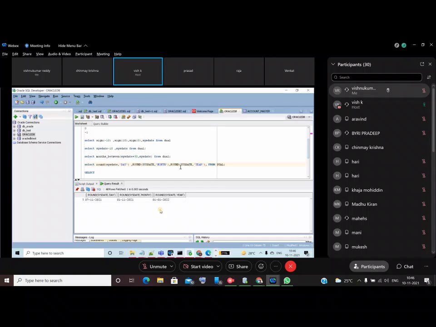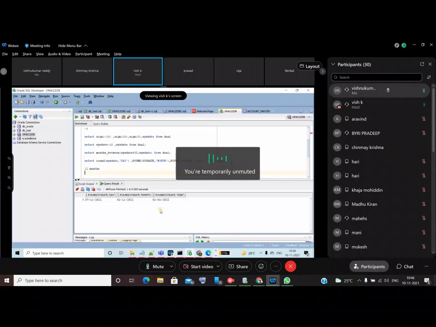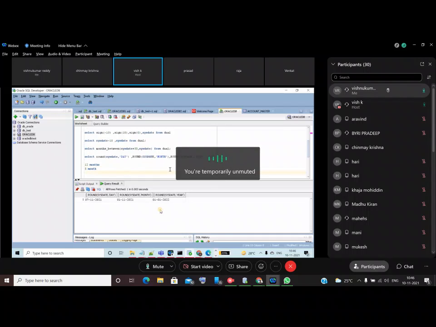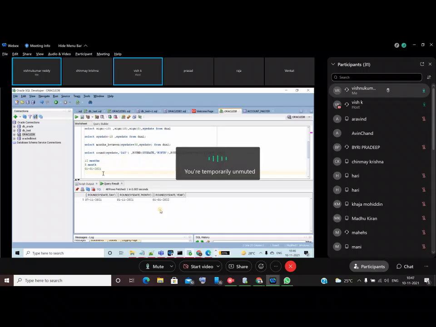When you use round function with year, suppose your date is in the fifth month, because you have 12 months, right? So when you use fifth month, it will come 01/01/2021. When you use more than 6 months, suppose you are passing seventh month or eighth month or ninth month, you will get the next year. So 01, 2022 will come.